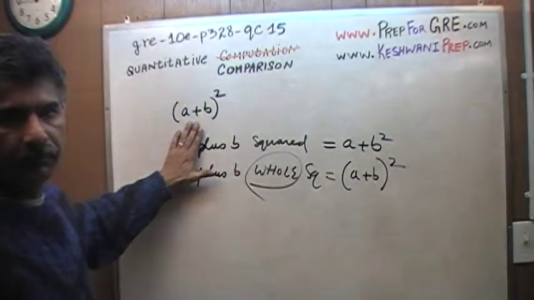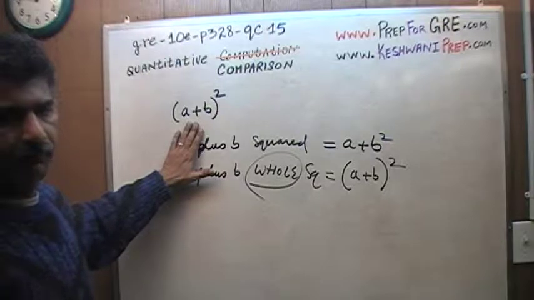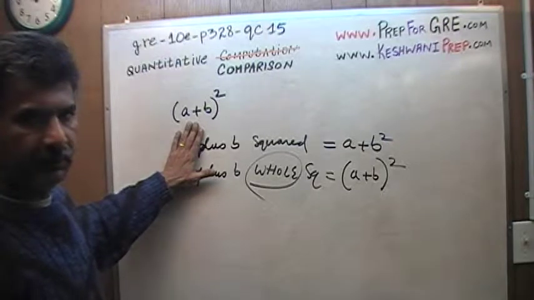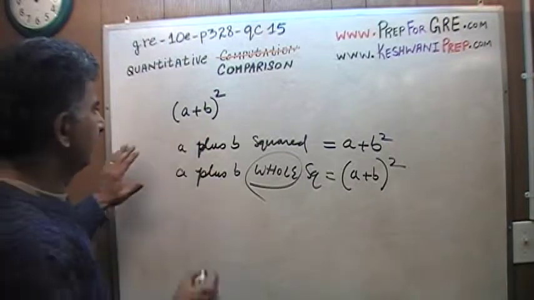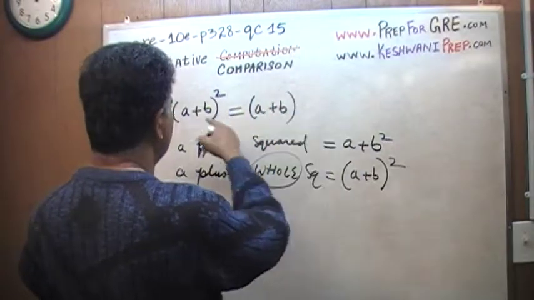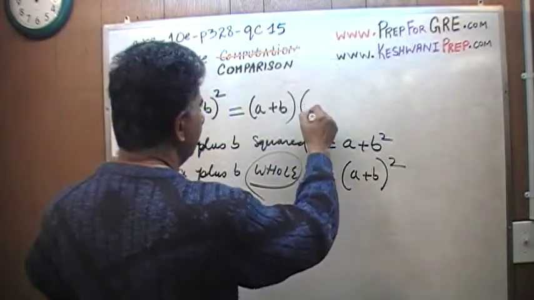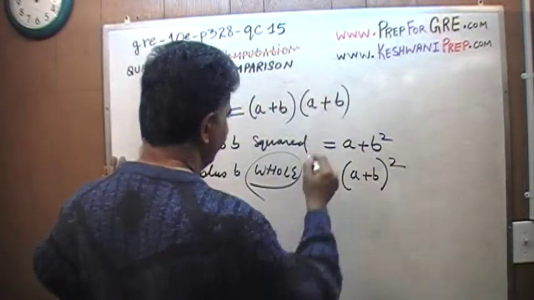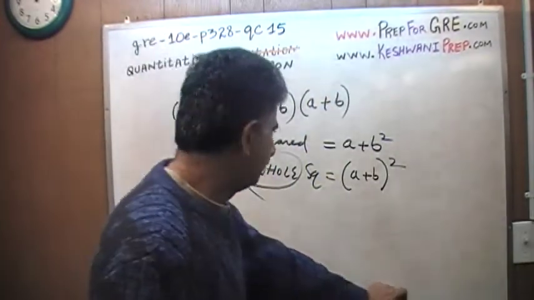And what is it equal to? If you do not remember, it's okay, it's not a big deal. If you do not remember in the exam, just do it out. It only takes a few seconds. A plus B whole squared is the same as A plus B times A plus B. And then you have to do